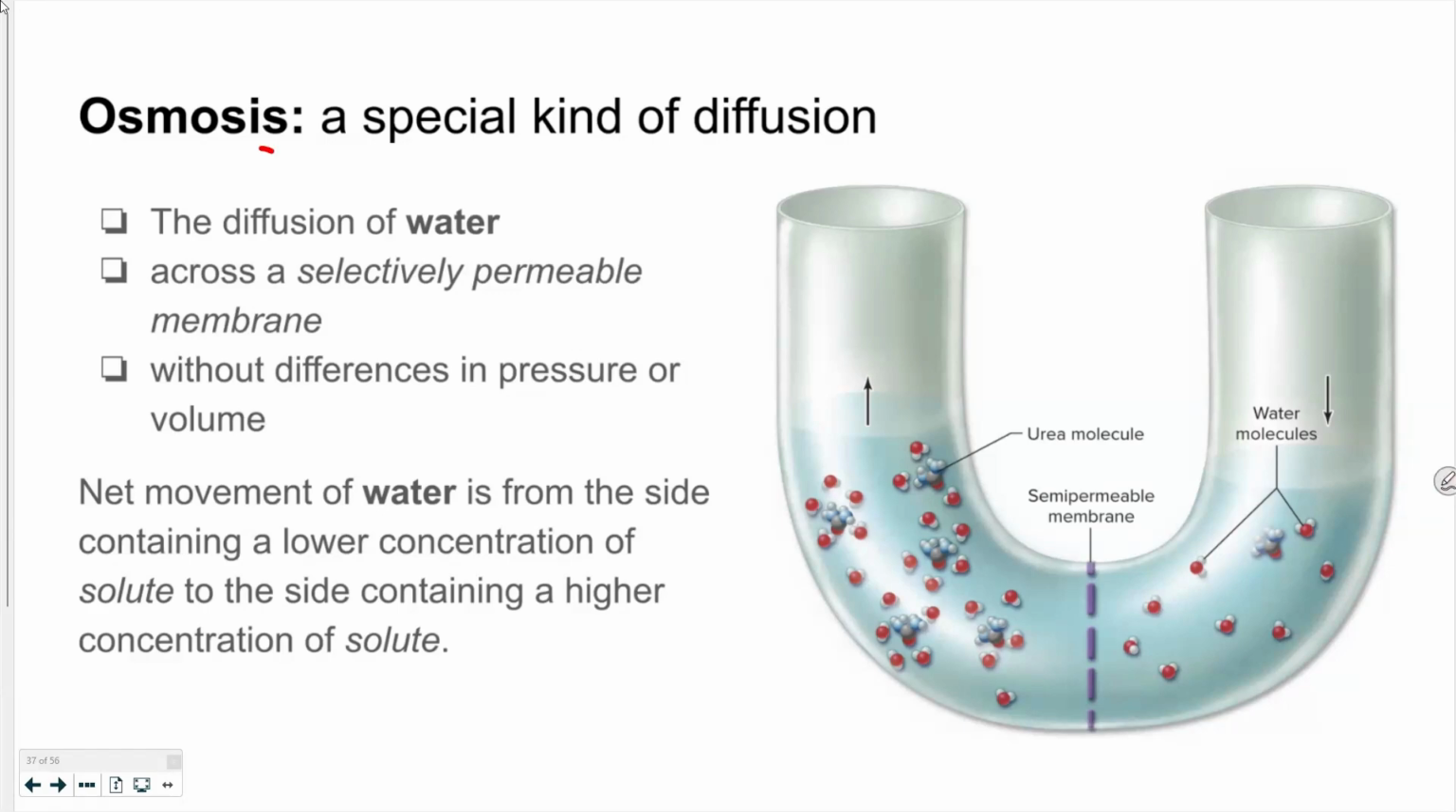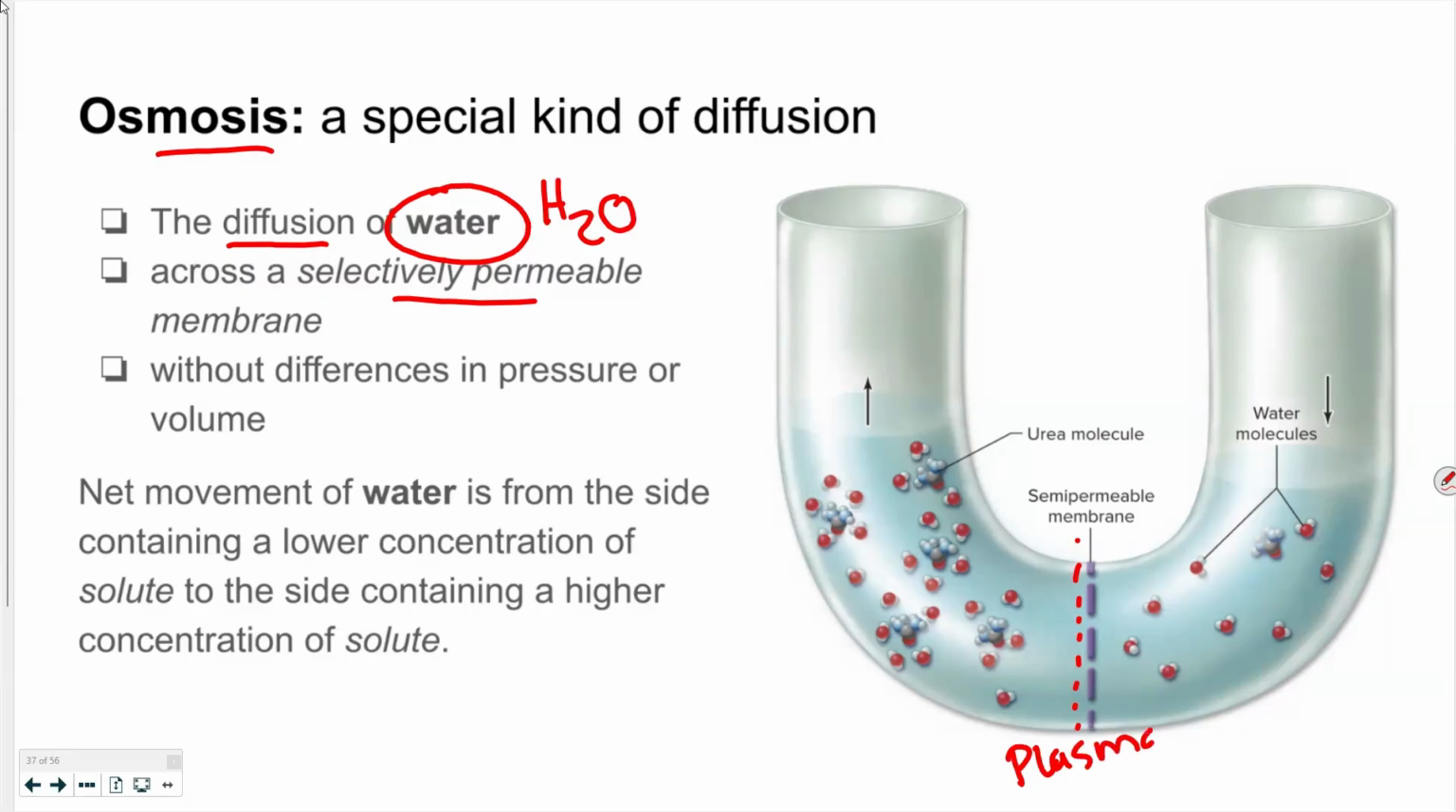So osmosis is the diffusion of water molecules across a semi-permeable membrane. This might be a plasma membrane of a cell. It might be dialysis tubing. And another important component of the definition of osmosis is that there can't be a change in the pressure